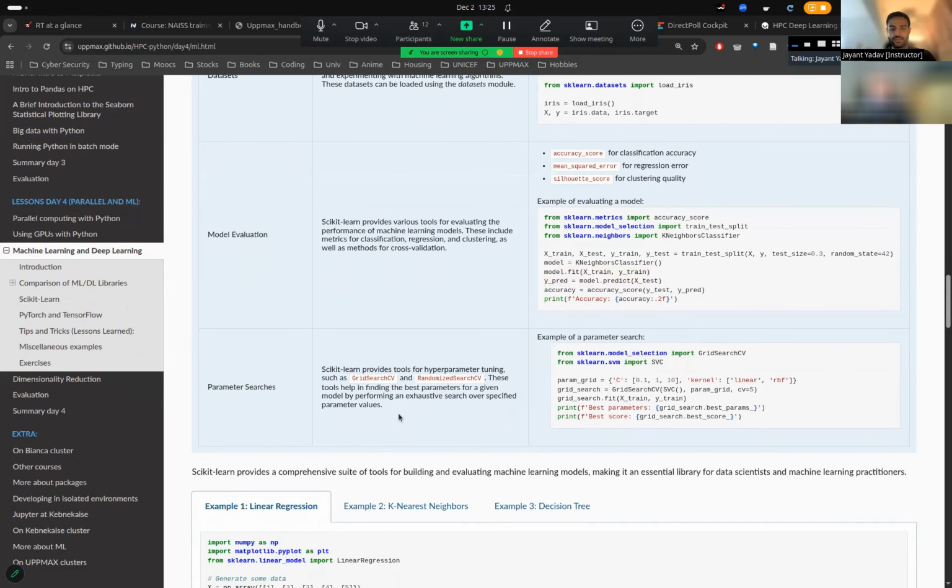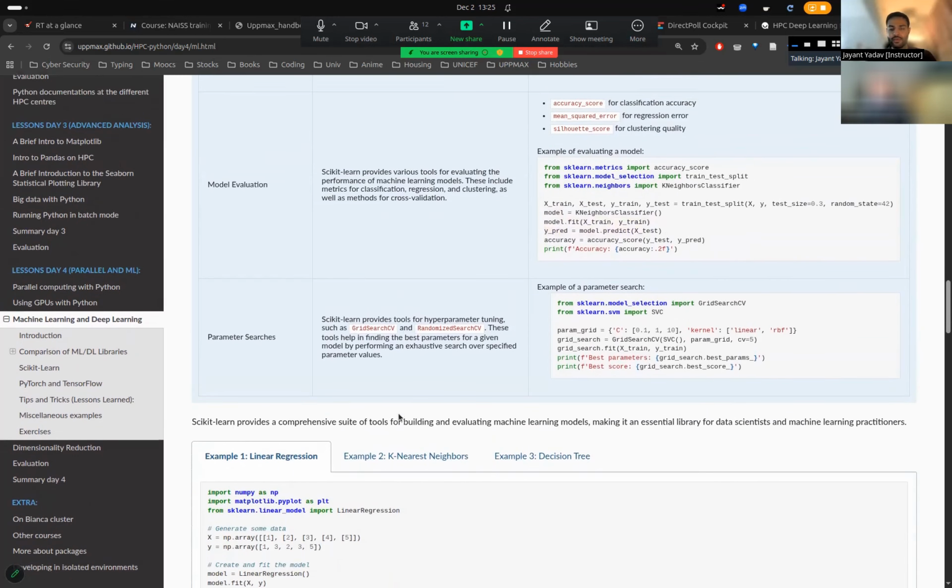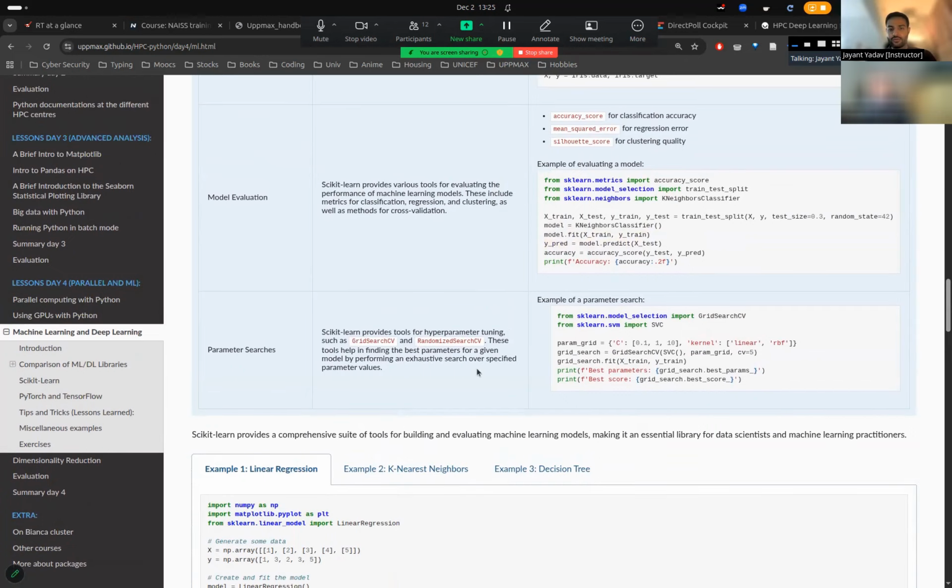Finally, parameter searches. These are quite handy after building a model. Of course, you will have to fine tune your model, where you would need proper hyperparameter tuning. So you can give an array or a list of all these hyperparameters for that particular model. And common ones include grid search, where you just get a list of them, or random search, or